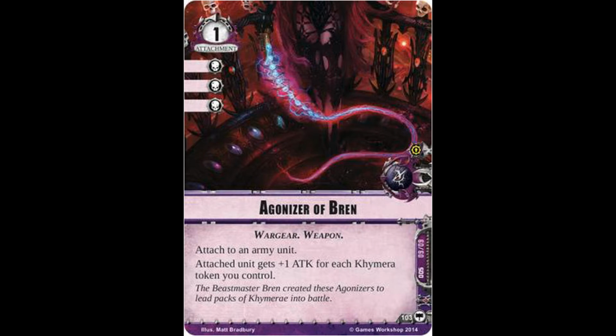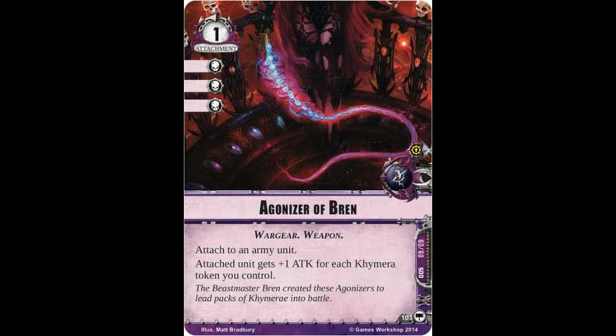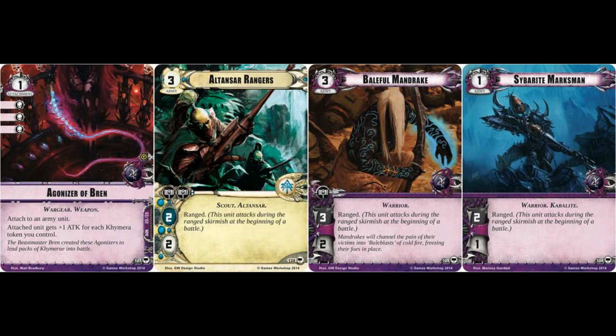Attached unit gets +1 attack for each Chimera token you control. So even though the consistency with which you'll end up ultimately drawing this attachment isn't there, again, considering that it's only 1 copy in your deck, and that the attack value it confers could vary wildly from game to game depending on how many Chimera tokens you manage to not only put, but keep in play, this nevertheless does have the potential of elevating particularly some of those ranged units to immense heights of attack power,